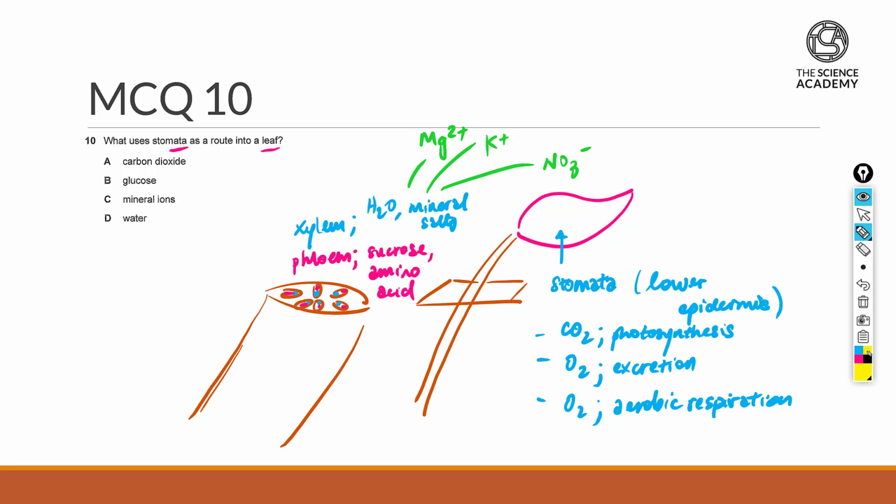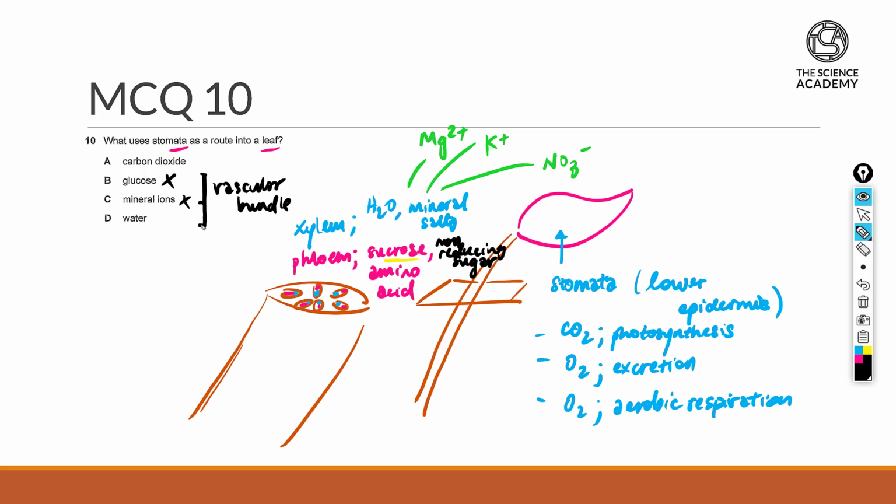Now, a side note here for sucrose is that although glucose is the monosaccharide that we're forming, we'll convert it to sucrose because it's considered to be a non-reducing sugar. So this makes the process on the phloem via translocation relatively much more simple, as it's unable to interact with the walls of the phloem, which might affect the amount of glucose that is being transported to the area itself. So I will not go with B as well as C, because both of these are actually transported via the vascular bundle,